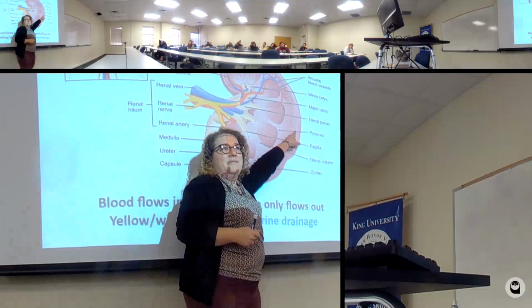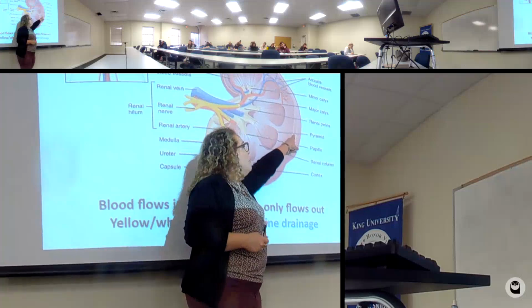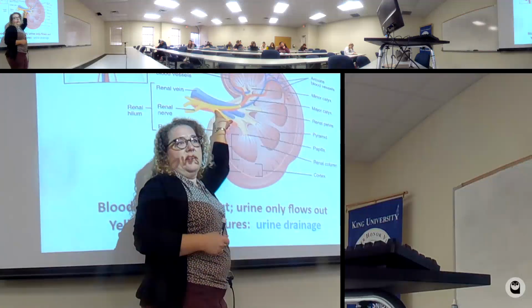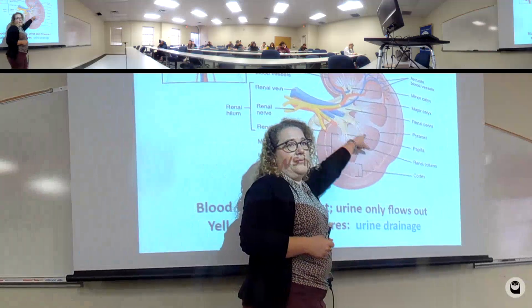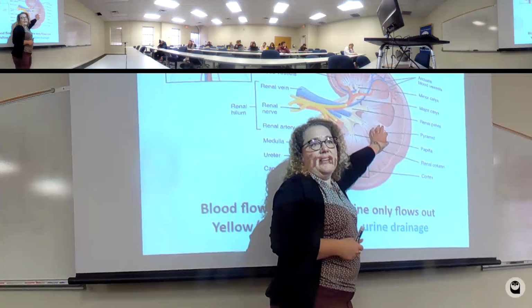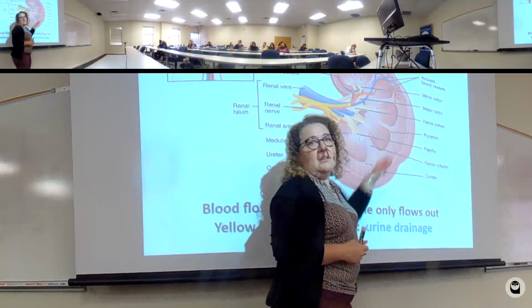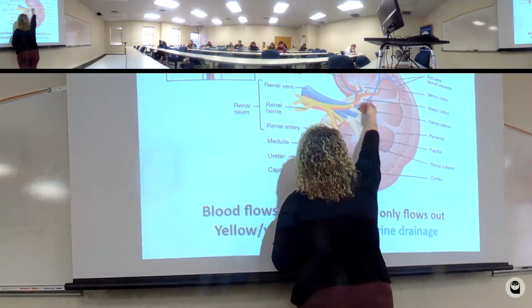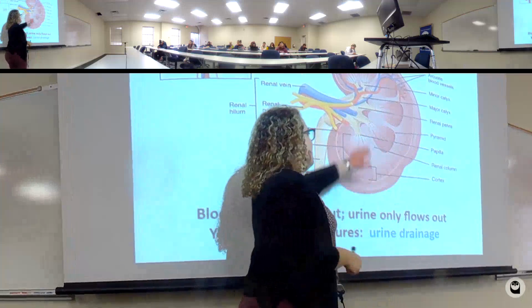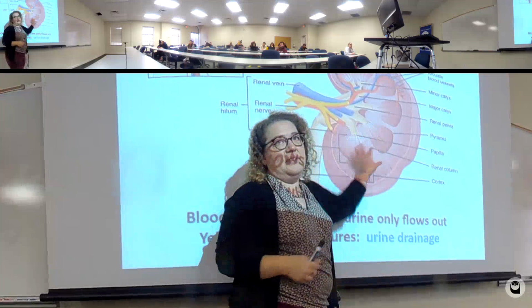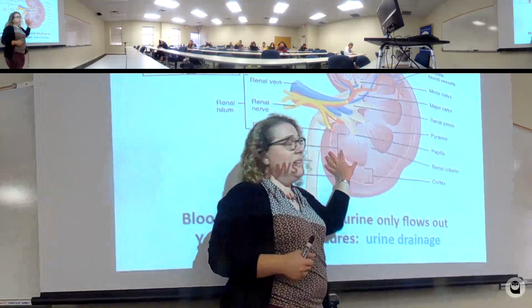And then the stuff that gets filtered out is going to drain through the tubule system back toward the middle of the kidney, back toward this way. And the stuff that gets filtered out, we're going to call that urine eventually. And the urine is going to move from cortex back toward the middle, and it goes through a system of structures. So I want to point to some of these structures because you're going to see them in lab next